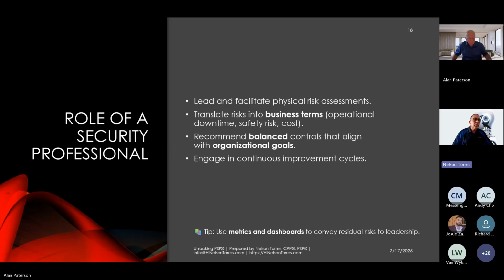How do they test in PSP? Pop in the middle of the screen for me. It's a good question here. Andy says, how do they test PSP exam, with real world example or from actual book content? I think that is with both, but I also realized that some of the questions that I'm putting in, at least in the past sections,